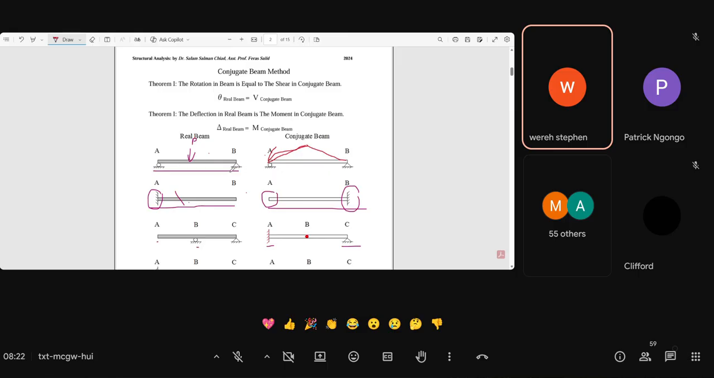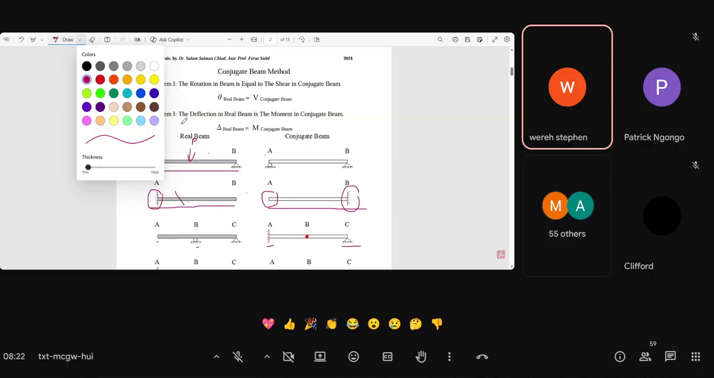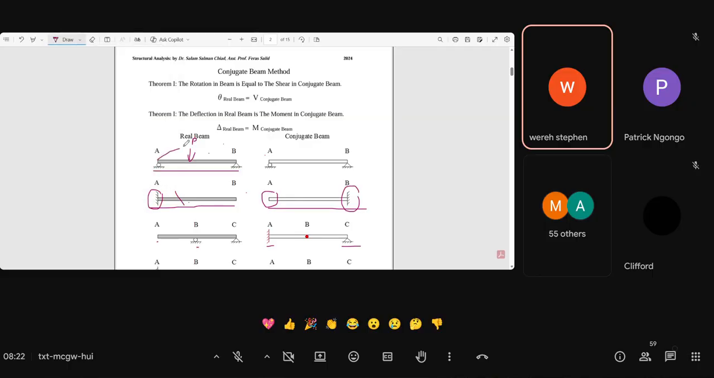So we have AB the real beam and AB the conjugate beam. Maybe let me do it like this, to make it clear. In the real beam, we can draw the bending moment diagram. This is the bending moment diagram in the real beam. Now this bending moment diagram, we transfer this,